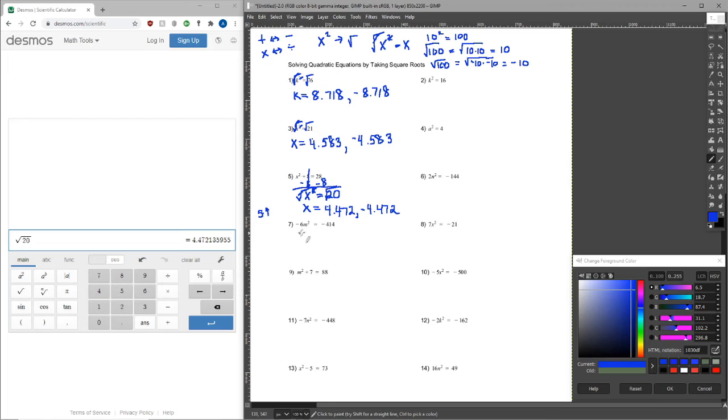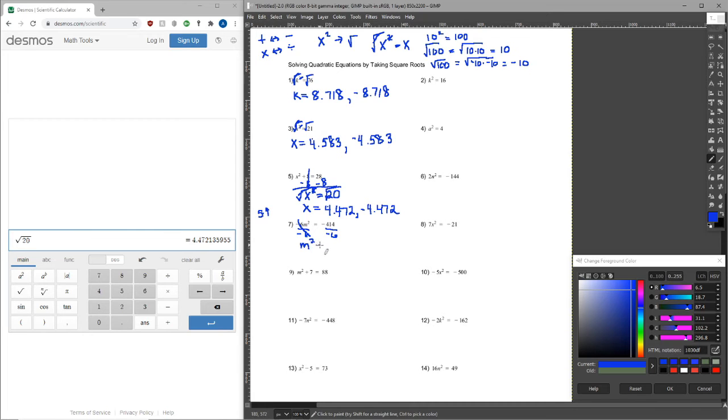All right, let's look at number 7. Number 7 again has a variable that's squared, but you can't take the square root until you get rid of everything else. It's called isolating. You have to get that variable squared all alone. So that negative 6 has to go away. Remember, a number right next to a variable means times. So opposite of times is divide. You're going to divide away that negative 6 on the left, and if you do it on the left, you need to do it on the right. Negative 6 cancels negative 6, and that leaves m squared